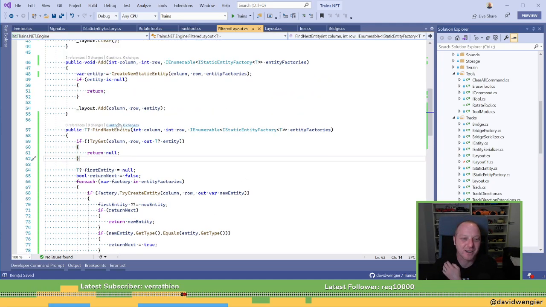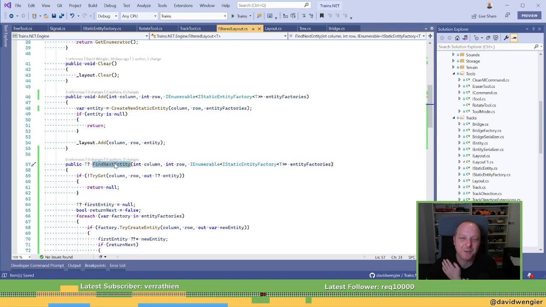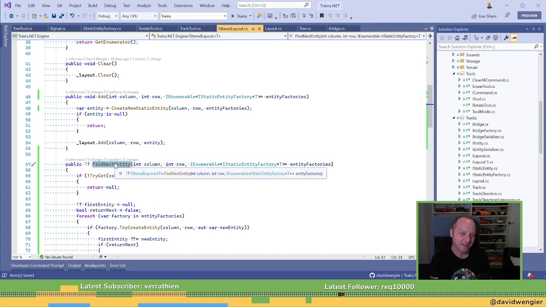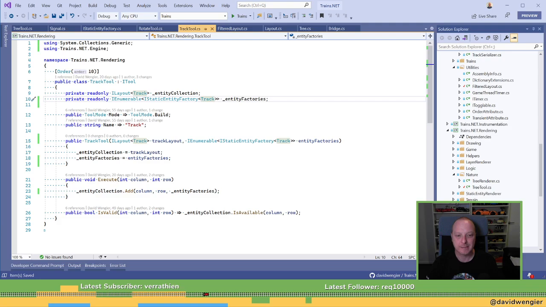Okay, so find next sense. So now the real question though is, where are we going to call this thing from? That's what I don't know. I can call it from the track tool, I guess, on add.